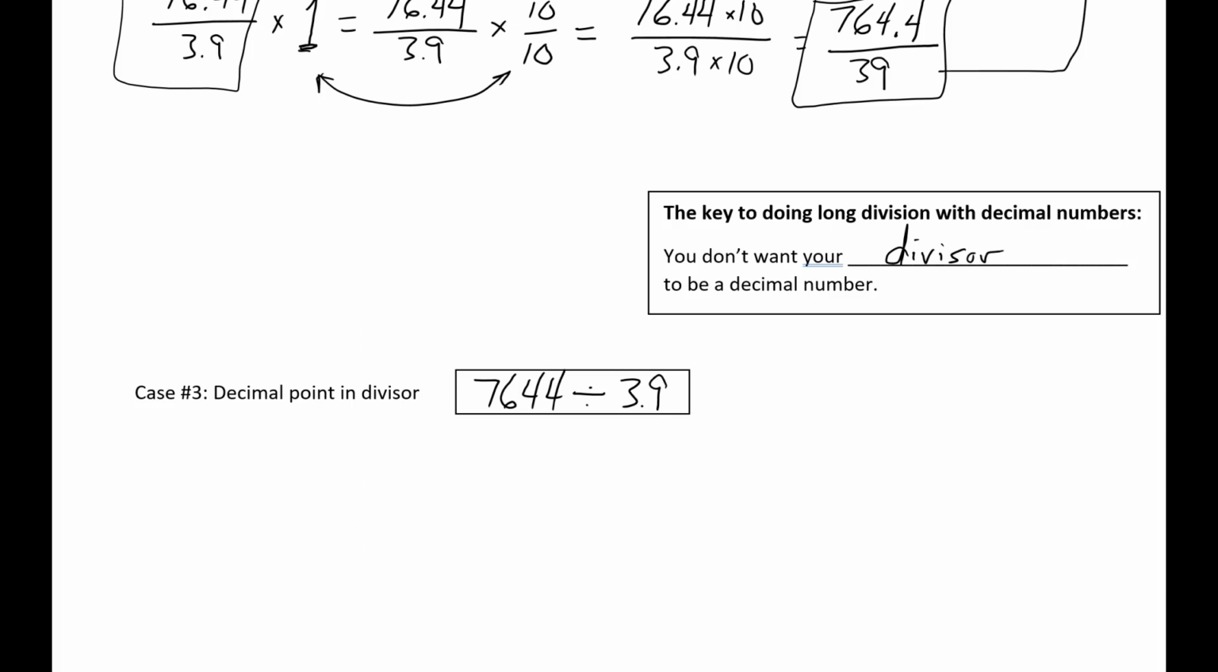And as it turns out, this is really just a special case of case number 2. And the reason I say that is because we really do technically have a decimal point in our dividend. It's just that it's right here at the end. And while we don't typically write the decimal point if we have a whole number like 7,644, in this case we do want to write the decimal point. And we would write it like this: